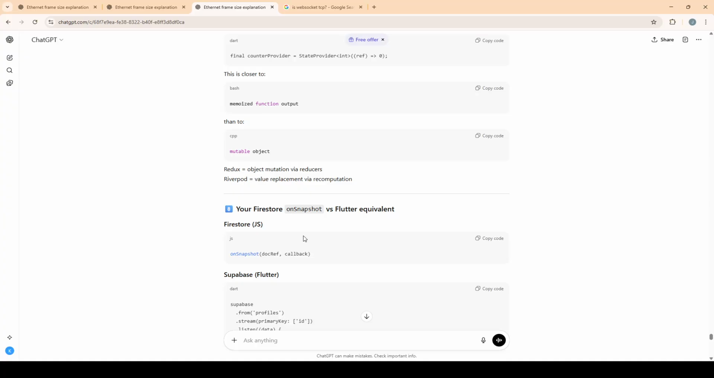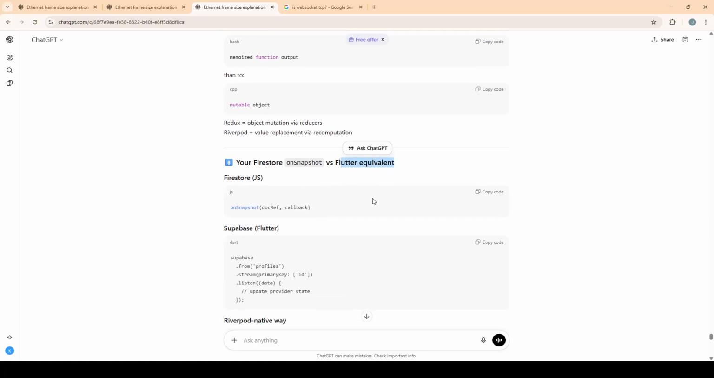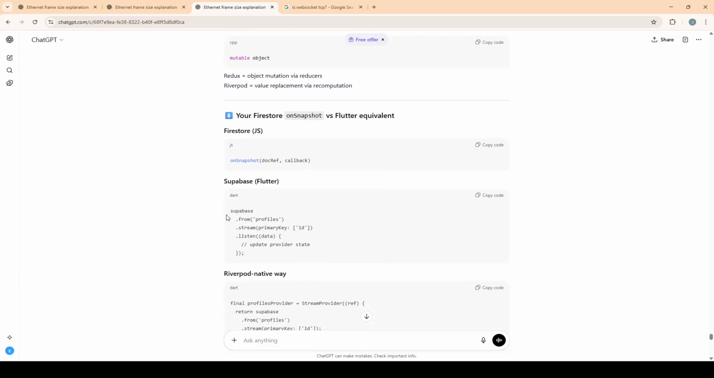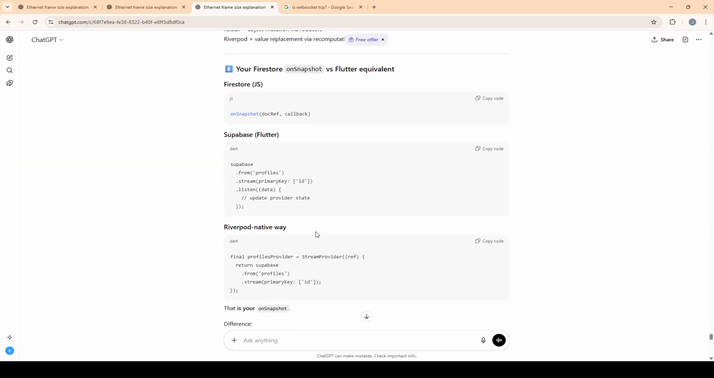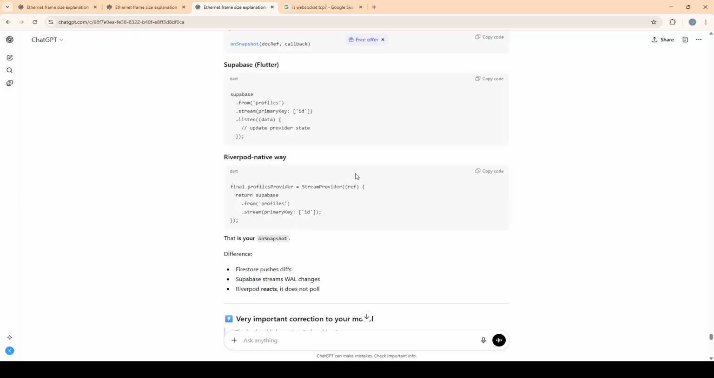Number 8, your Firestore onSnapshot versus the Flutter equivalent. Firestore JS: onSnapshot(docRef, callback). Supabase Flutter: Supabase.from('profiles').stream(primaryKey: ['id']).listen((data) { // update profile state });